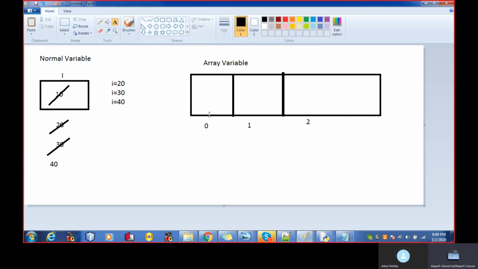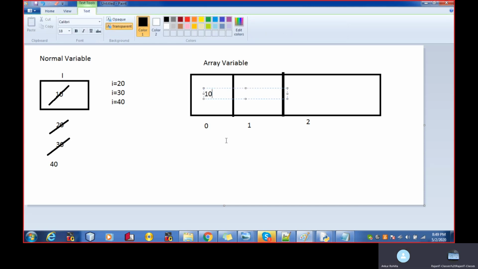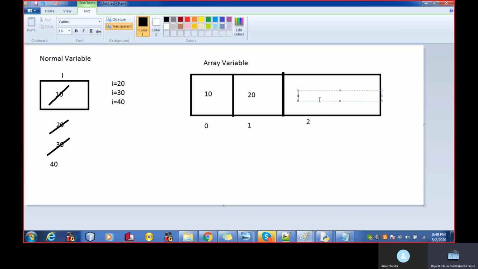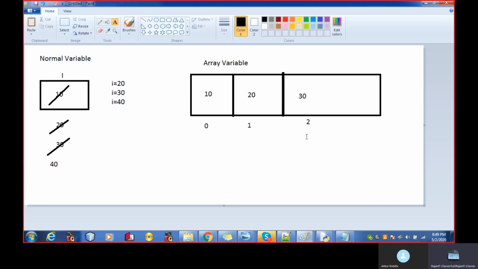So if I want to write 10 over here, the 10 will go in the first box. If I enter 20, the 20 will go in the second box. If I enter 30, the 30 will go in the third box. And the name of this big box is, let's say, K.